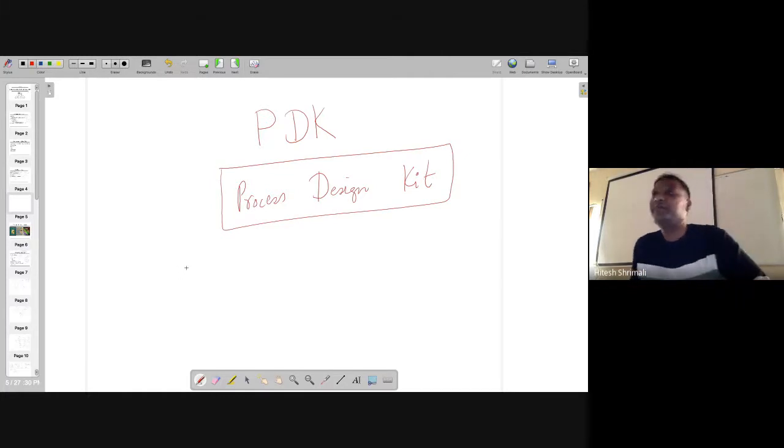Even if I'm trying with VPN, it's illegal, it's an offense. If you share that, there is a possibility that you will be kicked out from IIT Mandi. This tool is very expensive, and we are also using process design kits from the standard companies. I signed the deal with TSMC, UMC, all these people. So we can't do that. For that, you also have to sign an NDA, agreeing that if you do such things, you will be kicked out from IIT Mandi. I believe you won't do it.